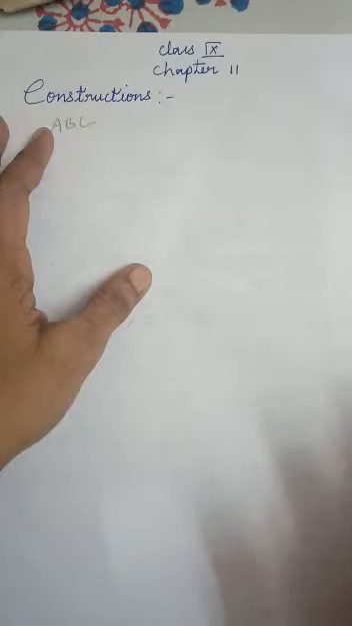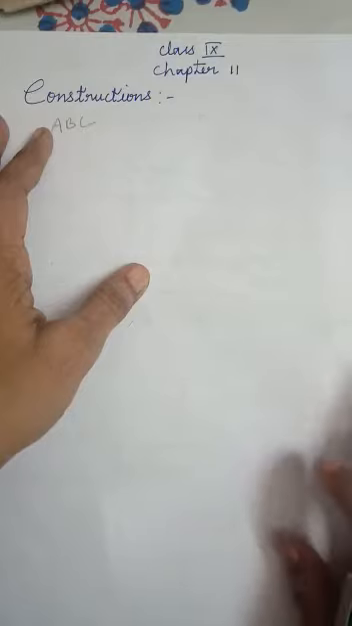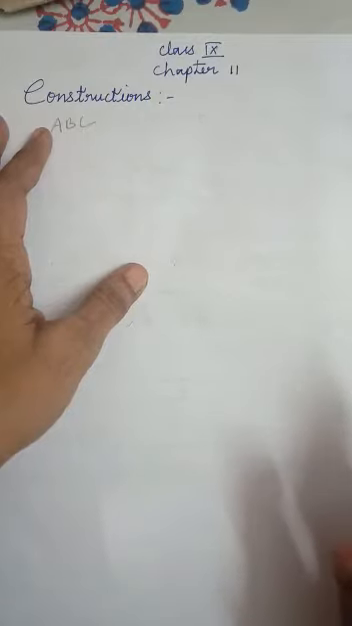What are they? Take these angles: 30 degrees, 45 degrees, 60 degrees, 90 degrees, 120 degrees, like this. You have to construct these angles by using scale and compass. So how do you construct it? Before that, students, listen. To construct the bisector of a given angle,